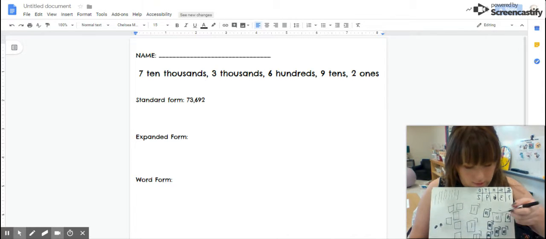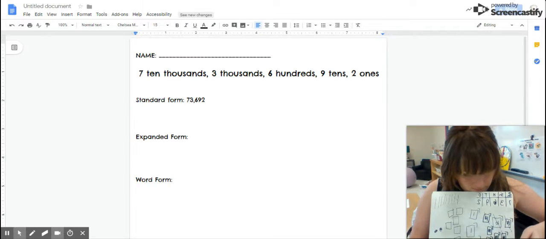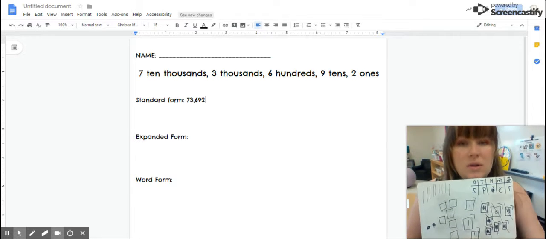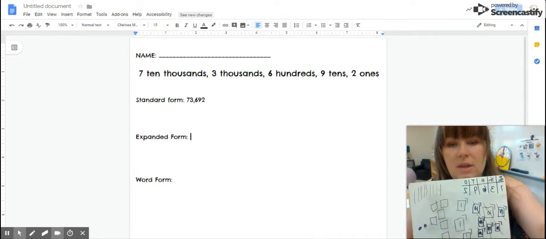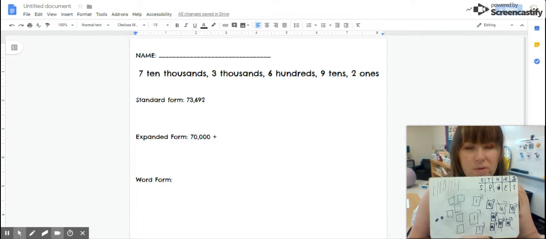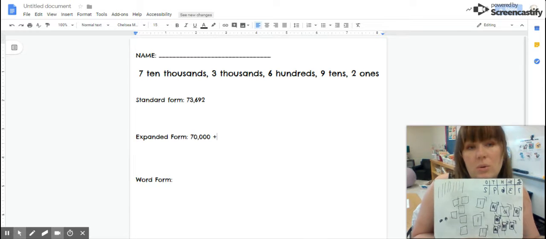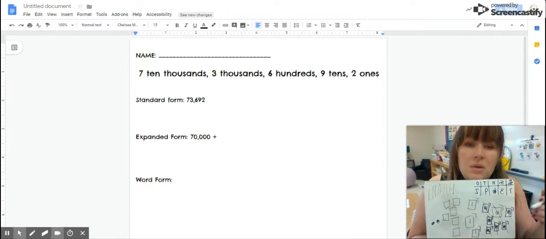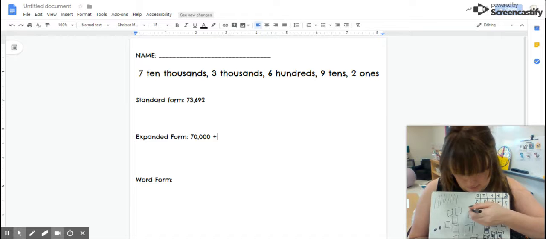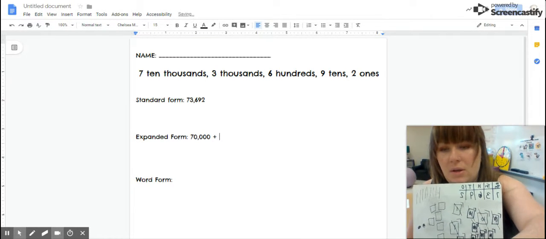I'm going to cross them off as I count them. 10,000, 20,000, 30,000, 40,000, 50,000, 60,000, 70,000. So my first value in my expanded form is 70,000. And I'm going to write that down. And I'm going to do a plus sign. 70,000 plus how many thousands I have. Remember, when you count by thousands, it's just like counting by ones, where you do 1, 2, 3. Except now I'm adding the word thousands. 1,000, 2,000, 3,000. So it's 70,000 plus 3,000